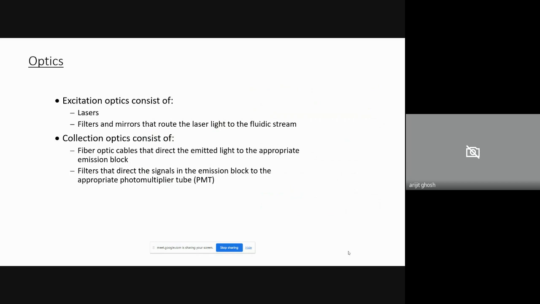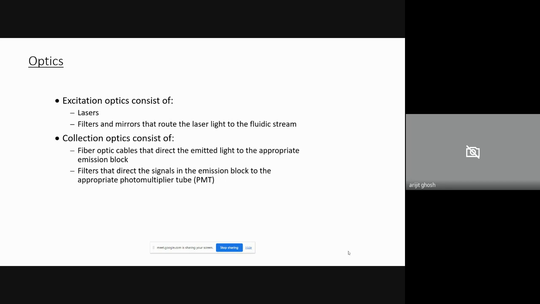Now, in the excitation optics, there are mainly two subparts. First is the laser, which is being used to activate the fluorochromes,